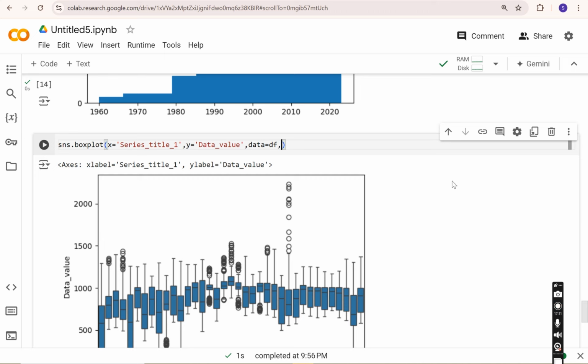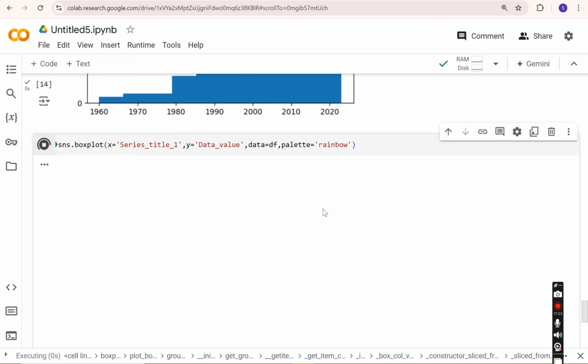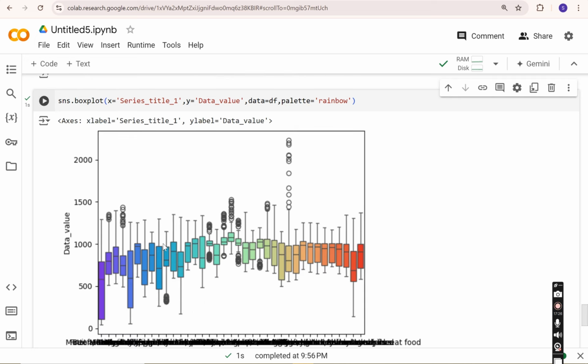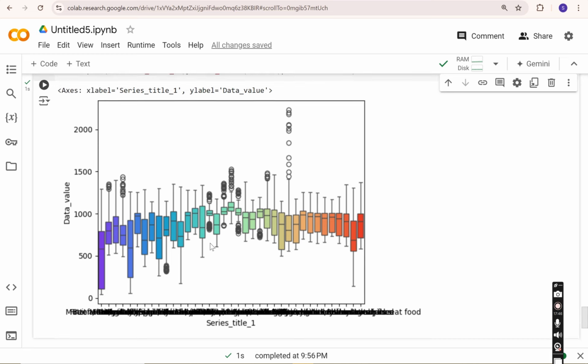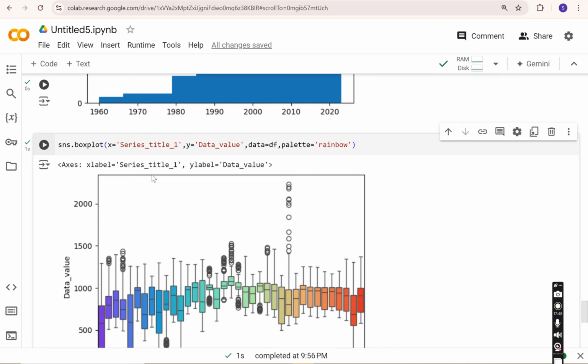If I mention a palette here, yes, I'm going to do a rainbow palette. Then your chart becomes colorful. So here, see the axis. There are a large number of objects present in this series title column, so there's no clear data present here. To make it more presentable, I'm going to display only a few of the objects present in the series title